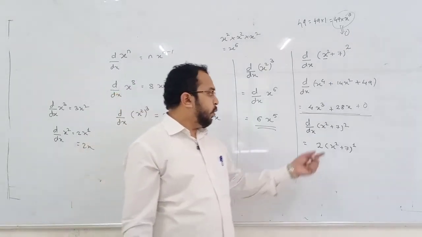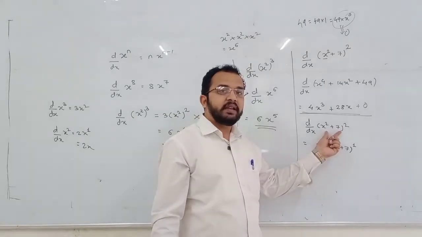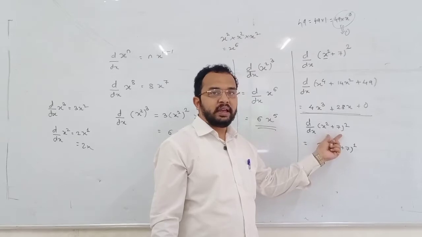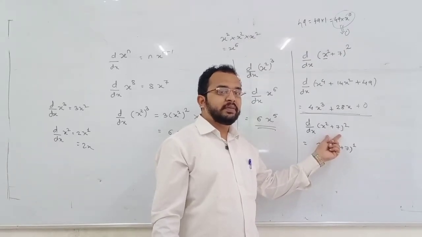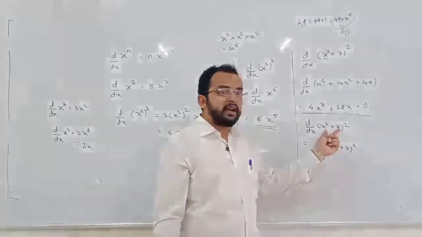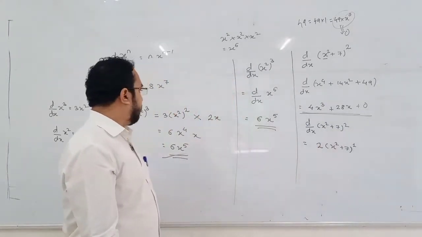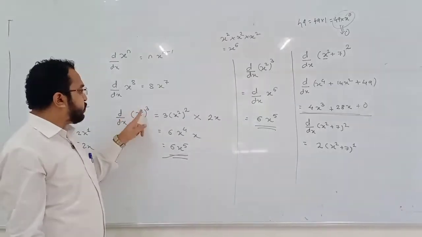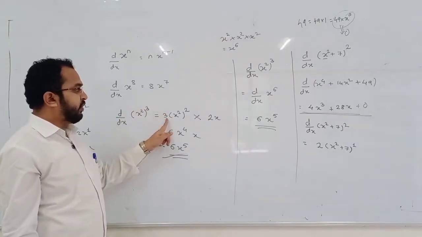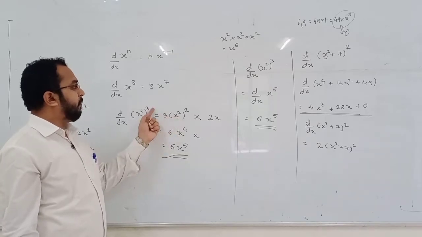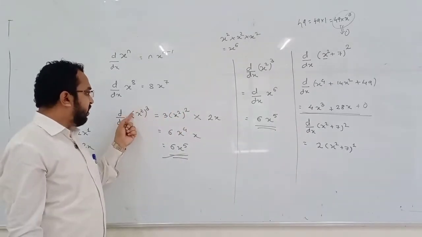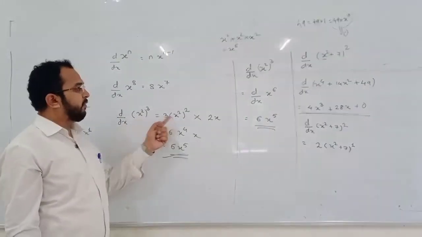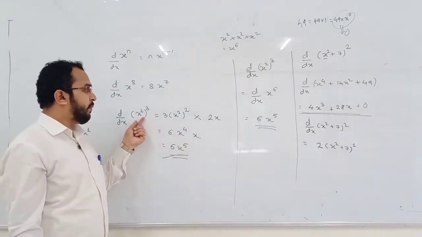But tell me whether this x square plus 7 is x. No, हा x आहे का? नाही आहे. It is something other than x. Then we have to differentiate it again. What is the chain rule? इथं काय होता? x square होता. हा x होता का? नाही. मग याला आपण x assume केला, या 3 ला खाली घेतलं, differentiation केलं. 3x square as it is, power becomes 2. But as this term is not x, it is something other than x, then differentiate it again. So what is the differentiation of x square?